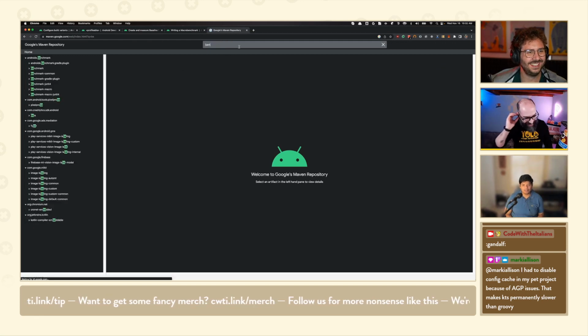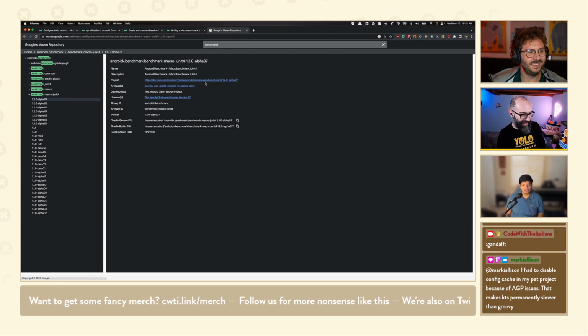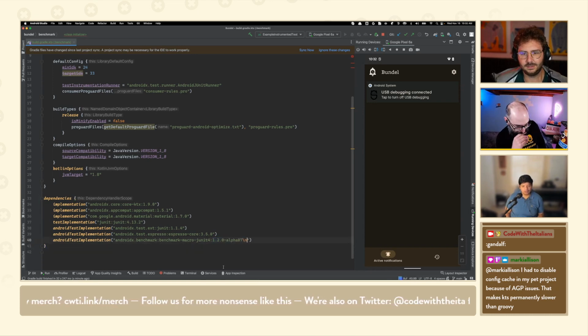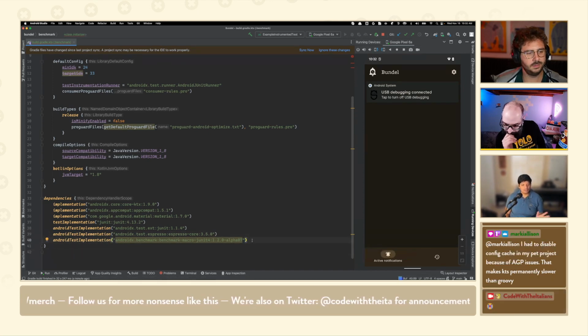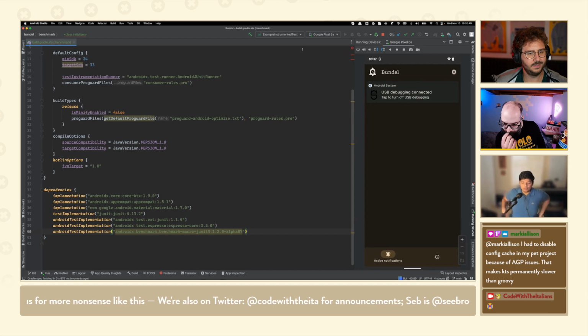Okay, so let's go to benchmark macro JUnit4. Let's find that. And so the latest version seems to be 1.2.0 alpha 7, right? Alpha is legit. So let's actually pick alpha 7. Now I know this is the latest version of AndroidX, and that's all we really need. So let's actually sync. And once you have that, you have all the tools that you need to write the